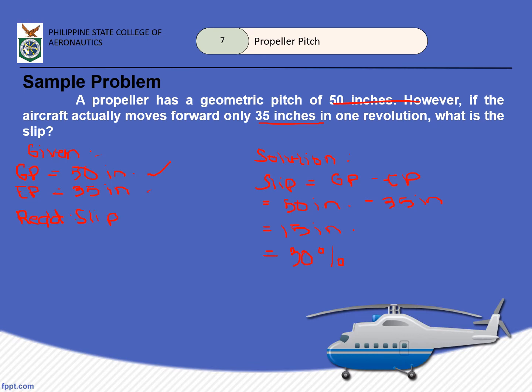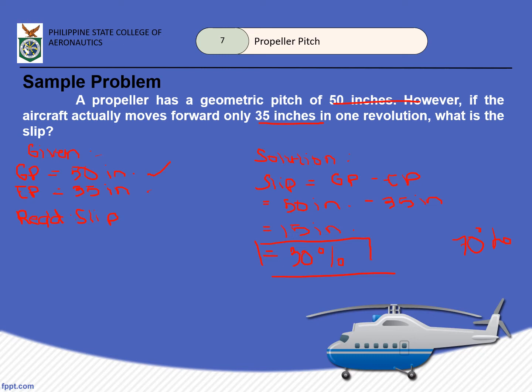Okay, basic math lang to. So, that would mean na we have 30% loss of efficiency. So, meaning ang ating engine ay gano'n lang ka-efficient? 70% efficient lang siya. Okay? Again, sorry for the hideous